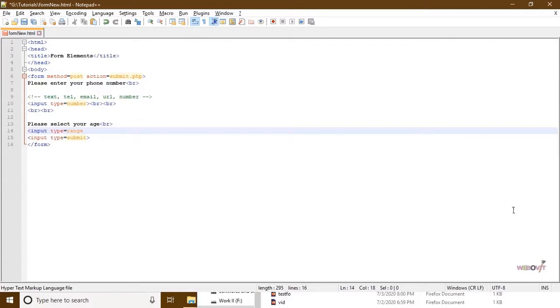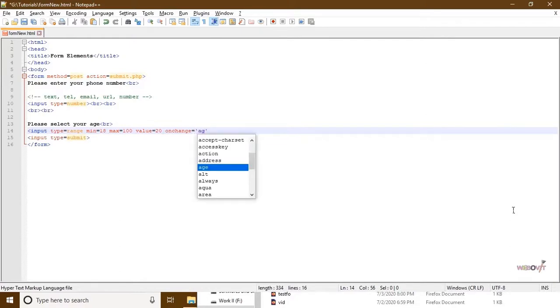So moving ahead, input type is equal to range. We will give the minimum value and the maximum value to be selected inside the range. Suppose I am asking someone to register for my website, and the minimum age is 18 and the maximum age is 100 for the registration. Okay, and I will give a default value at which the range selector is set temporarily. Now onchange is a JavaScript function which we will learn properly when we learn JavaScript, but for now just remember it like this.